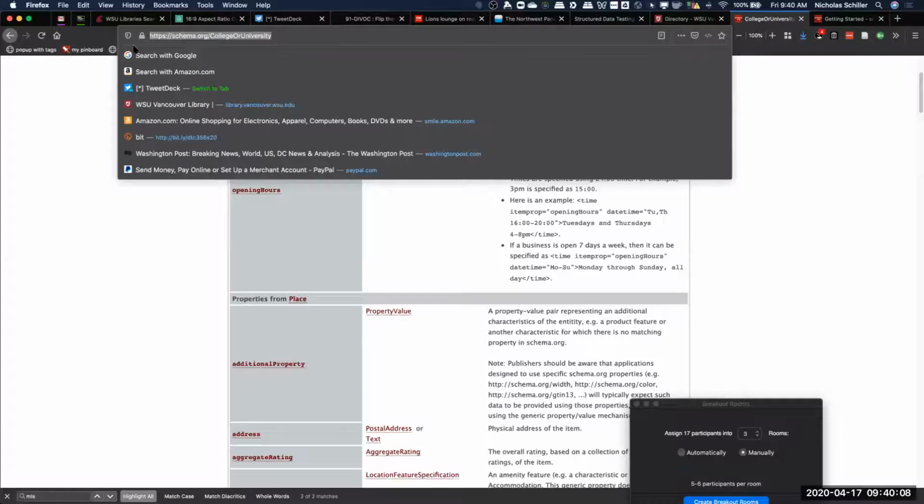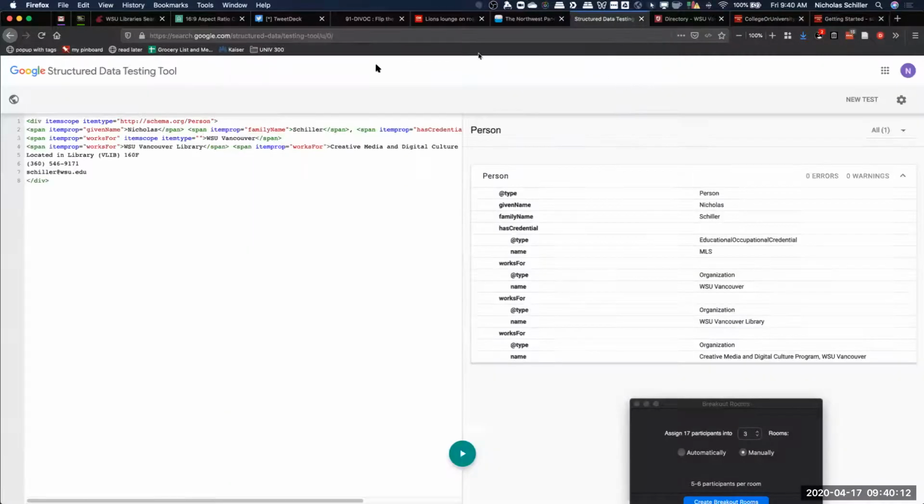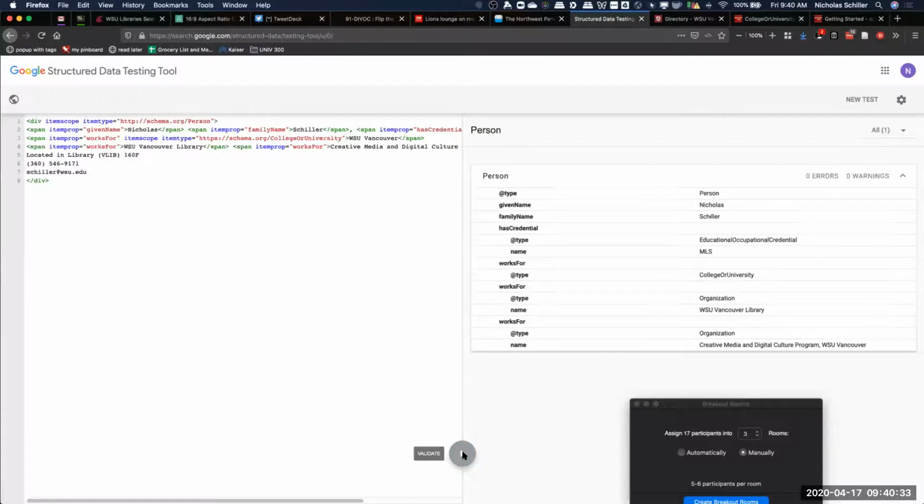So I'm going to grab that out of the URL, and I'm going to go back to our structured data tool, and I'm going to say the item type for WSU Vancouver, nested in this span, is a college or university. Now, if I test that out, we can see that